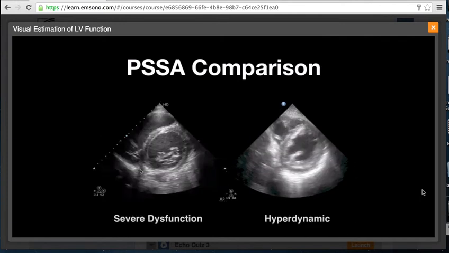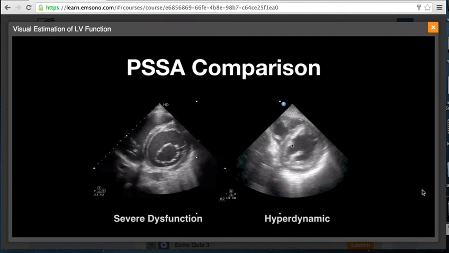Let's look at the spectrum on the parasternal short axis. Here you've got somebody with severe dysfunction. You can see here's the LV, here's the RV. Both are dilated here. And you can see that there's very little change in the endocardial borders between systole and